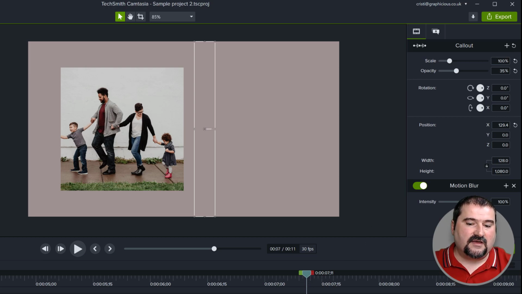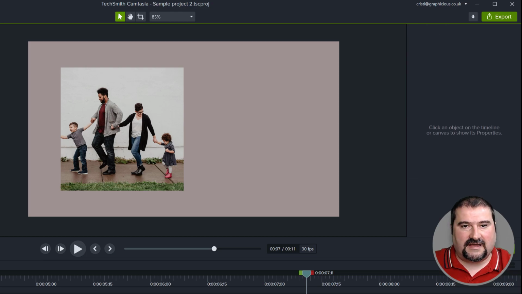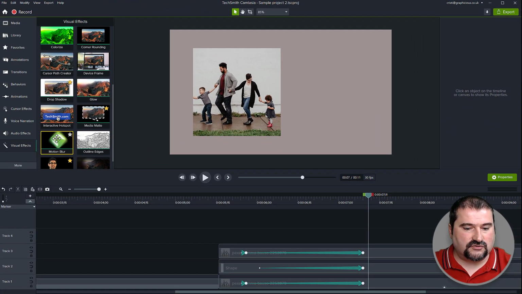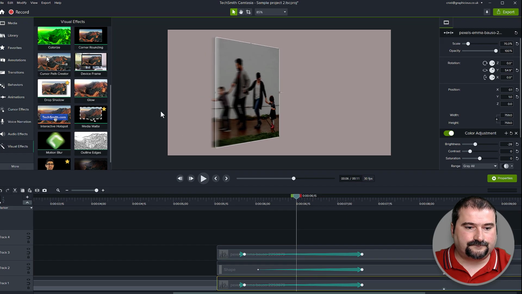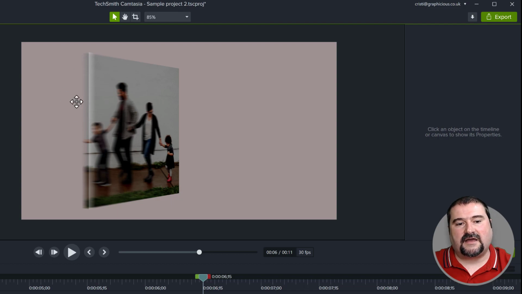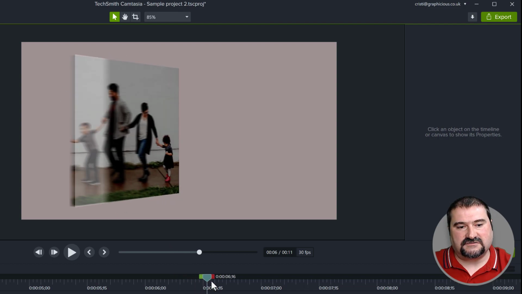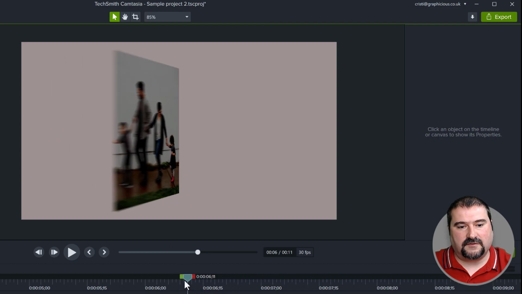Make sure you save. So you remember what I said before? I said, let's add motion blur to the page to make it even more realistic. So we can do that. Just motion blur on the image of the page, right? So now as it's moving, you can see it's kind of blurry around the edges, right? So there it is. It looks a bit more realistic.